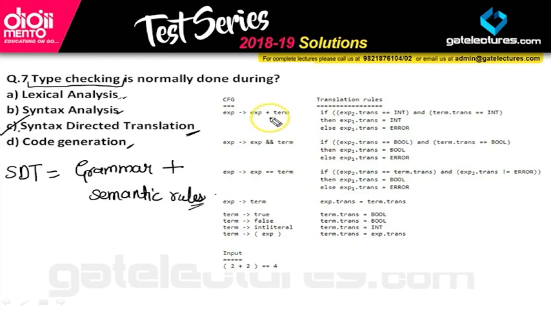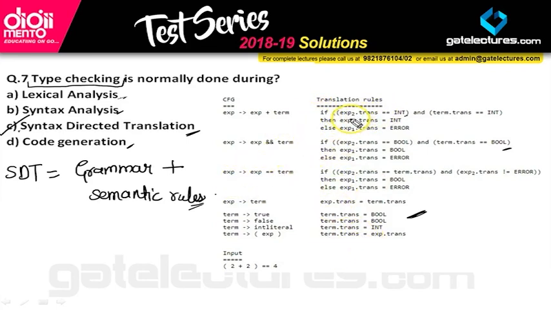You can check the term expression plus term. Here we are checking whether it is an integer, or whether it is a boolean variable. So this is the program given over here. You might have read about many SDT examples. So basically type checking for this is the SDT given here. There are so many ways you can make an SDT. Simpler ways are also there, but all I wanted to do is show you the syntax, how an SDT is done.